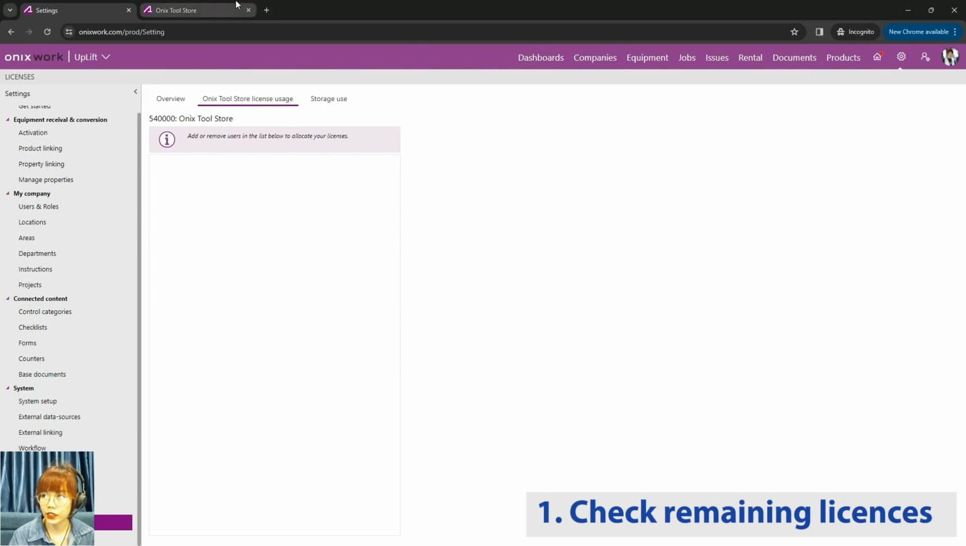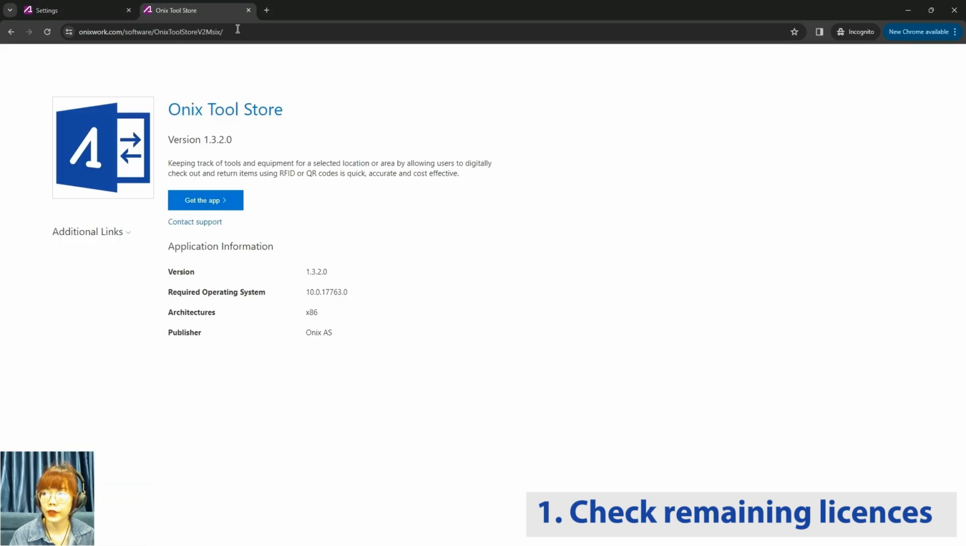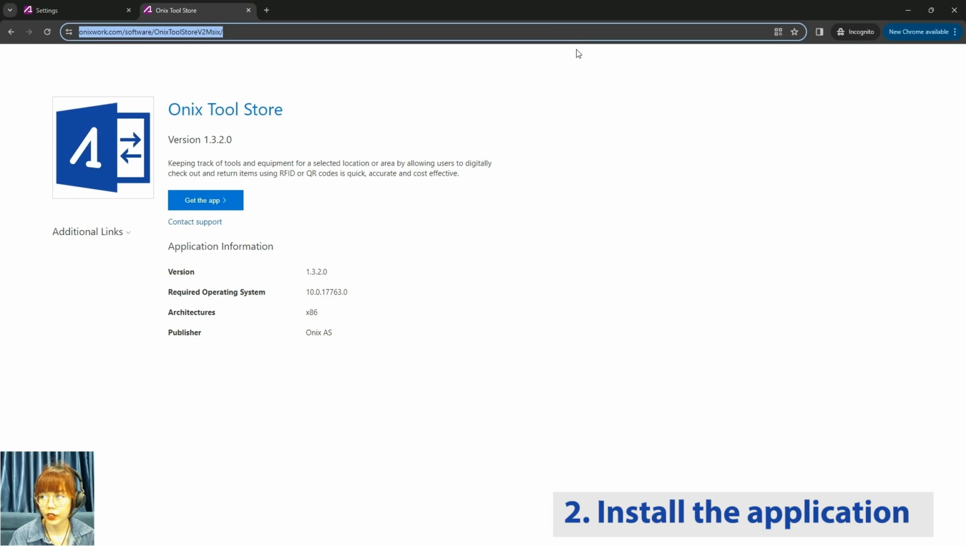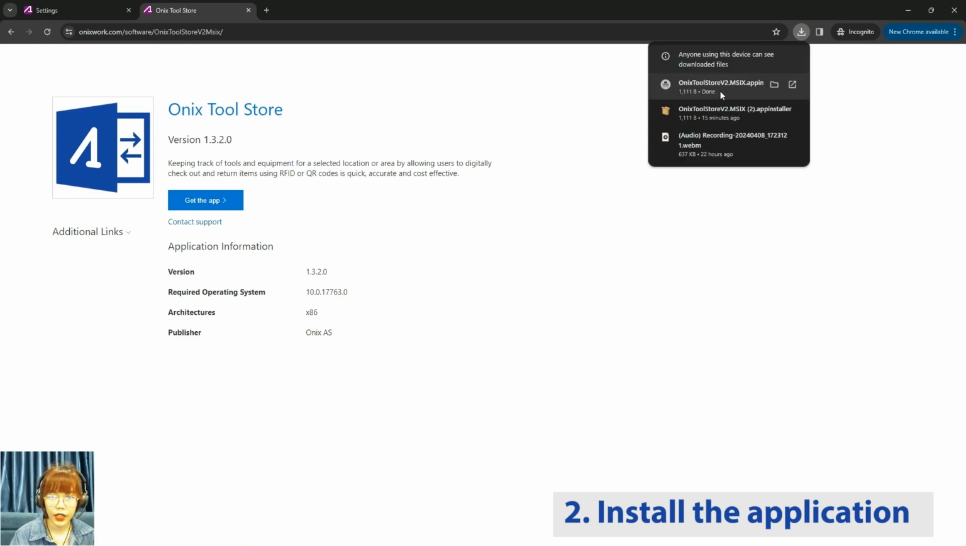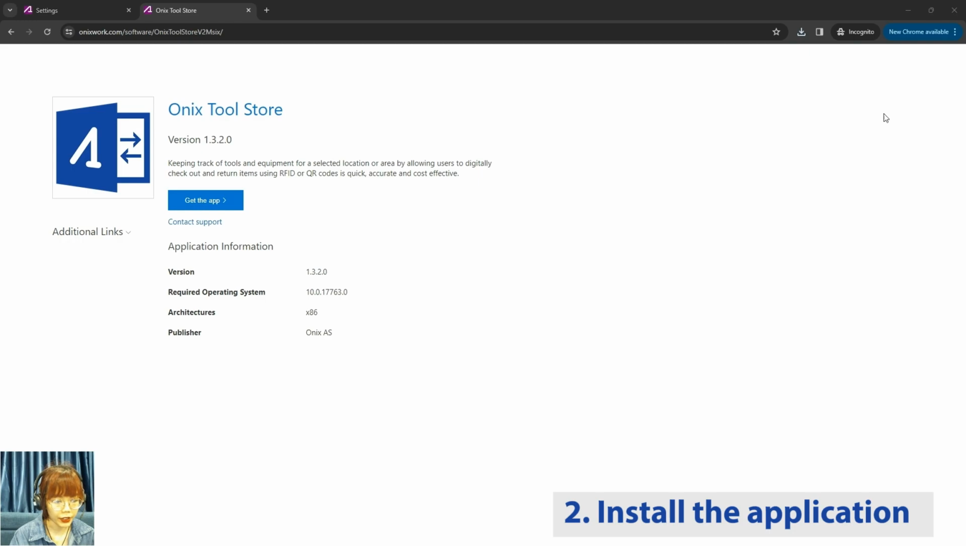Then I will proceed to install the app. This is the URL for the installation website. In this site, I will click on Get the app. Then I will open the downloaded file